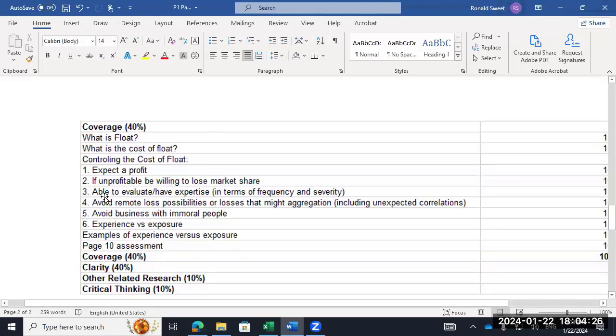The next one we talked about was ability to evaluate. He doesn't use the words frequency and severity in his answer, but I want you to use that in your answer. That's what we mean in property and casualty. We talk about probabilities. We mean frequency and severity. So auto insurance, anybody remember? Frequency is what? Number of accidents, and then severity, the average claim.